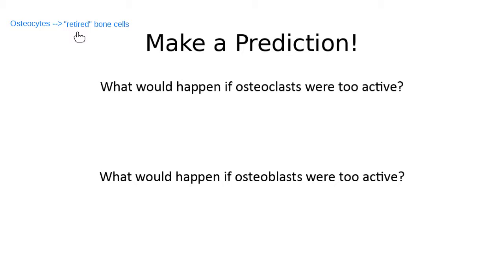Remind me, when we talk about the home that my osteocytes live in, what's the name of the home that osteocytes live inside of? Yeah, so my osteocytes live inside of a lacuna. Lacuna equals their home. So osteocytes, they just stay at home in their lacuna. They're going to make sure their lacuna is in good shape, that the bone tissue is not dying, but they really can't do a whole lot. So the reason I didn't include them on our list here is osteocytes couldn't be too active because there's not really anything that they do. Those are my retired bone cells.